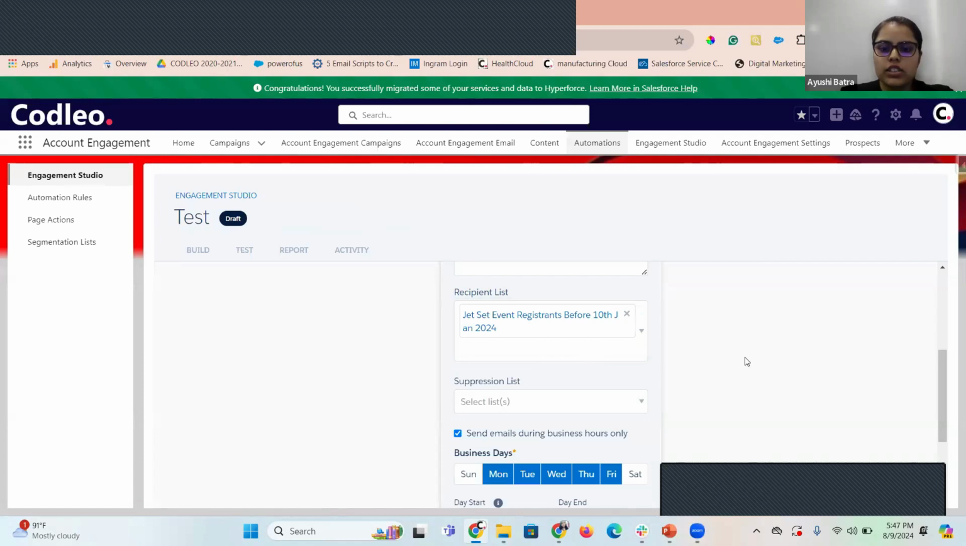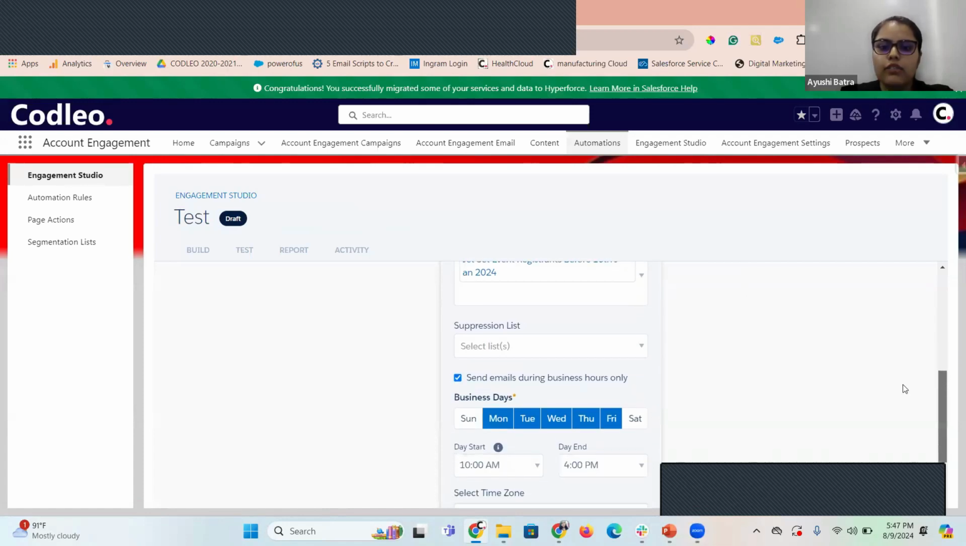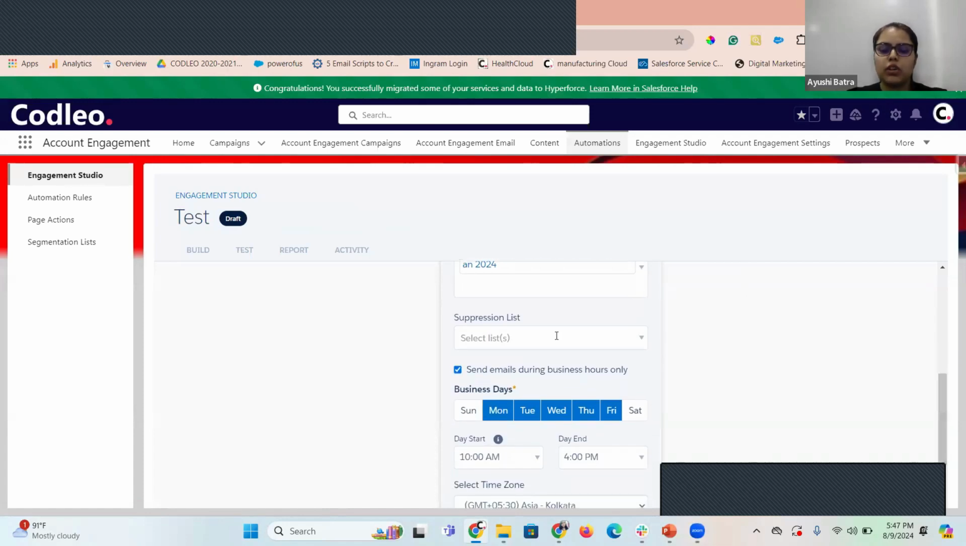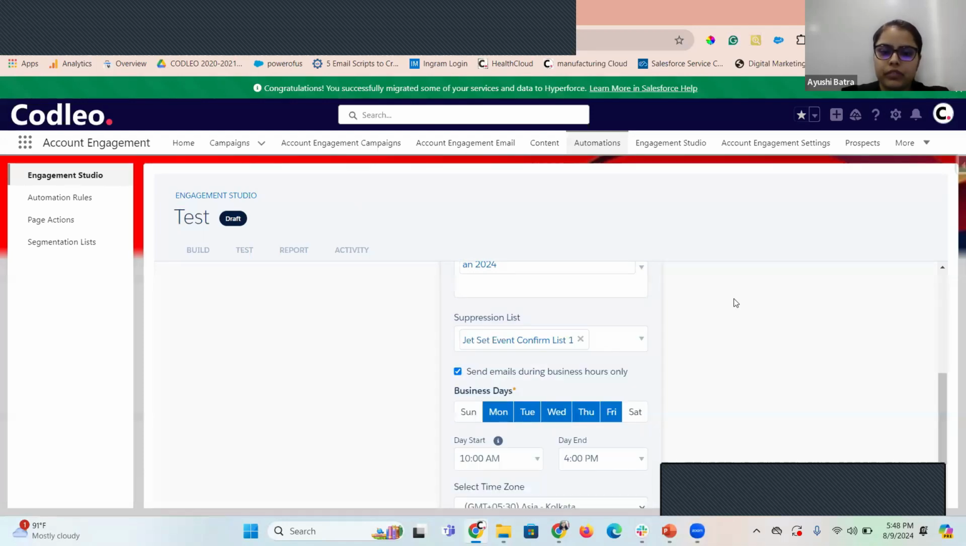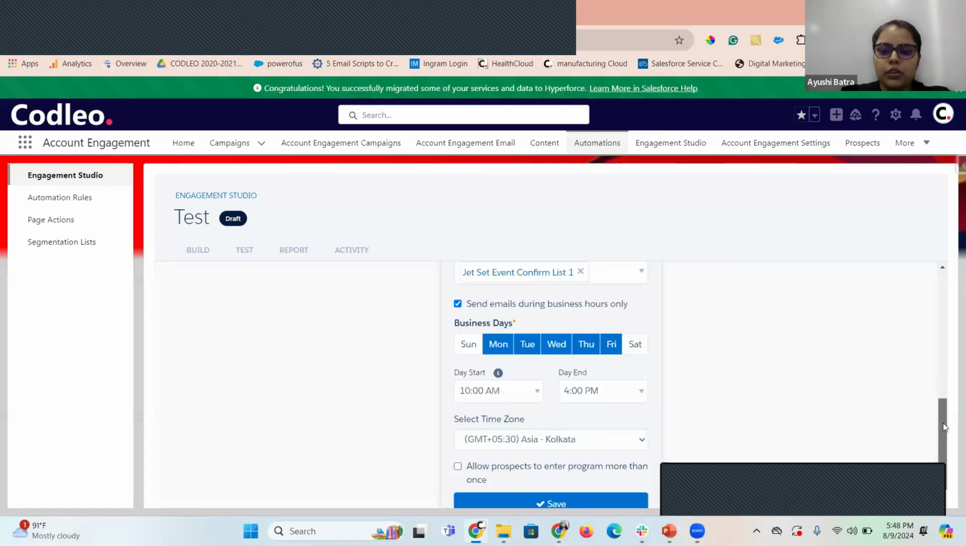So simply just click on the recipient list. And if you want to suppress this engagement studio, you don't want to make it live for any specific audience, you can also click the suppression list. Then it will ask you to select the